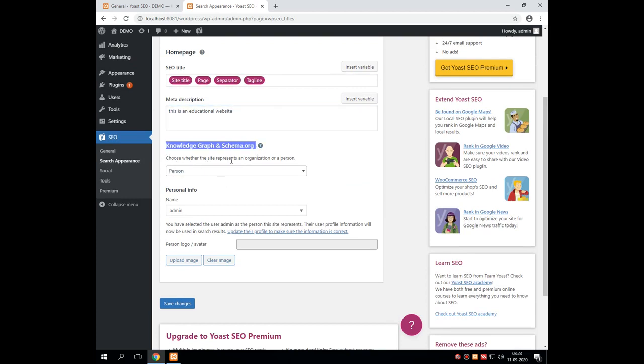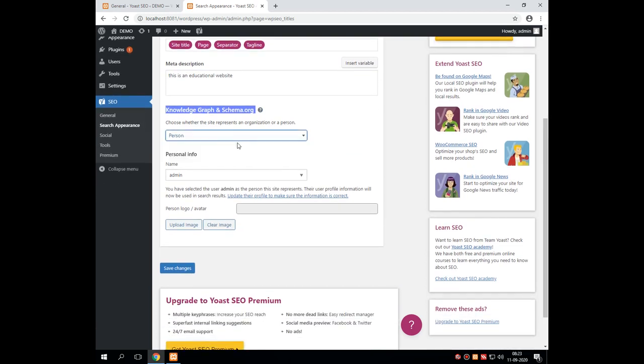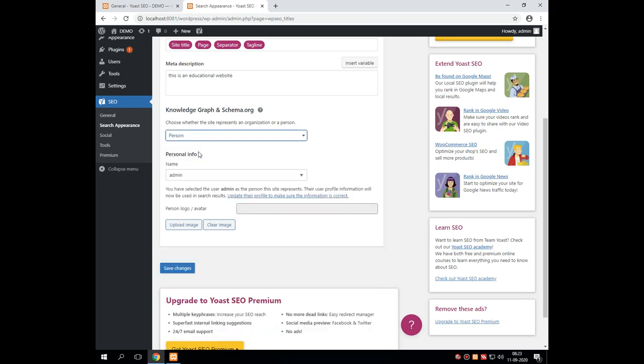Choose whether the site represents an organization or a person. So for a college website, I need to go for organization. Then suppose I select this, I have to give the organization name and logo. Suppose I am selecting person, then simply I need to select the person and the logo or the profile picture of that particular person, and I have to save the changes.